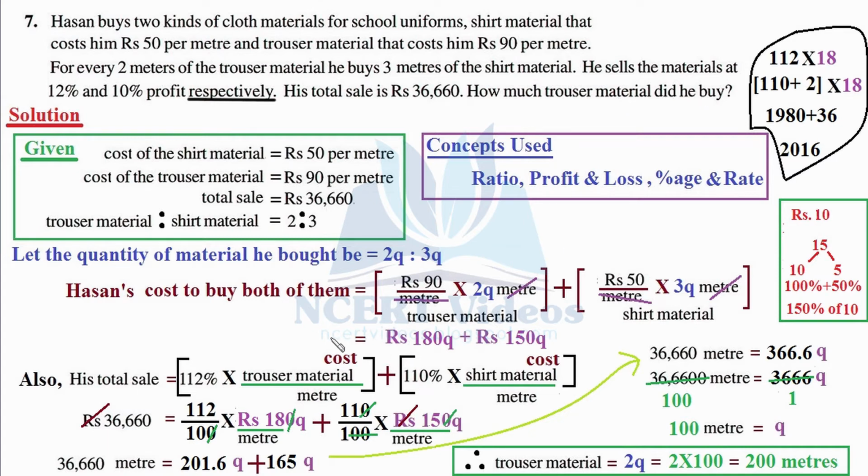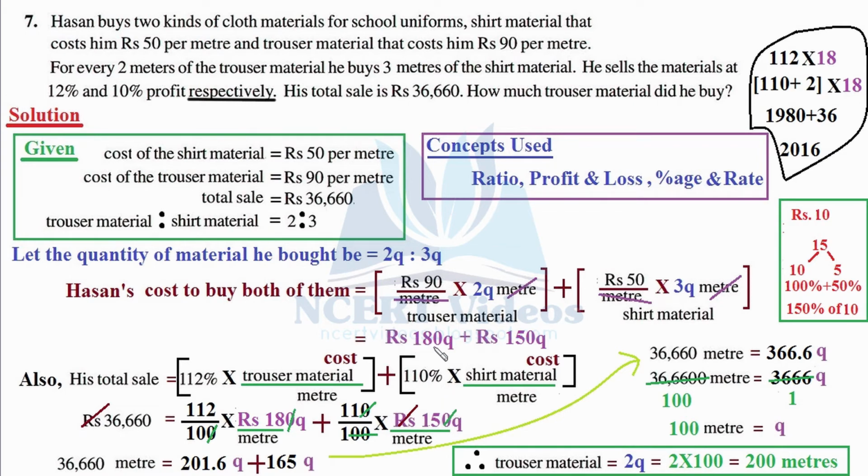So let's make you understand again. Since total sale, that is total selling price, was given to you, therefore we need to direct our question towards selling prices. Since total selling price was given, we had to find individual selling price, and in order to find our selling price, we have to find with respect to profit, because profit is always on cost price. Therefore, if we multiply profit percentage with our cost price, we would get selling price. So that is the basic idea why we did so.